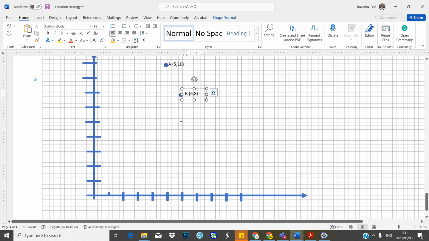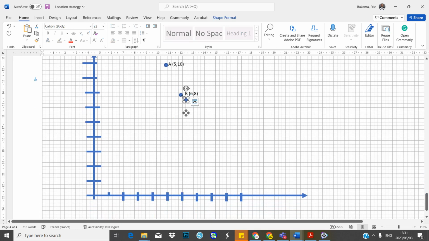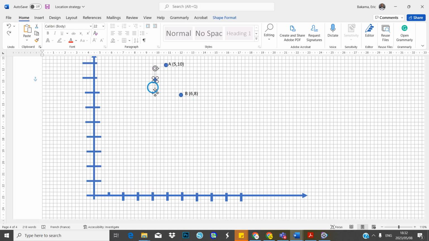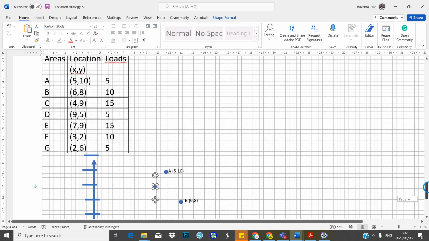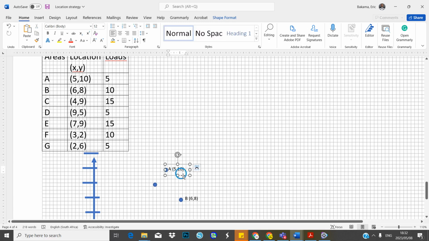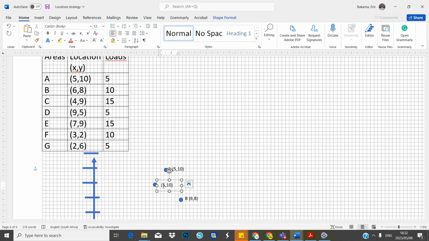Then I go up again and I look at the other one, which is C, which is 4 and 9. So let me try to get this. So 4 is somewhere here. This is 1, 2, 3, 4. 4 is somewhere here. Then if we have to go to 9, 9 is somewhere here. So just like I'm saying, it's not really accurate, as you can see, but we just try to get a perspective of what is expected here. So we say it's C, it's 4 and 9. So I'm on C, 4 and 9, which is 4, and this one is 9.